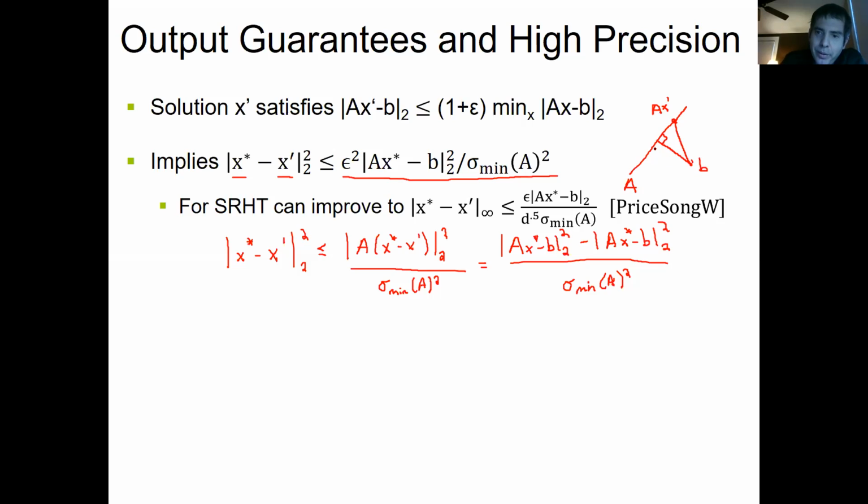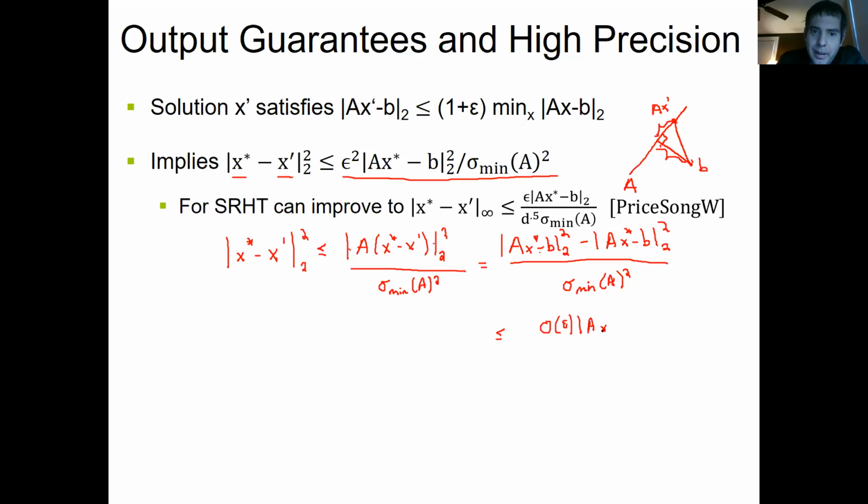Well, the best thing, by Pythagorean theorem, one way of computing this squared length is to first look at this squared length and add it to this squared length. Now, this is the distance of B to its projection onto A. That's this optimal cost. And then I have to add the square distance inside the subspace. That's this cost. Okay, so all I'm using is this Pythagorean theorem for the numerator. And now you just use the sketching guarantee that this difference, because of your objective function, gives you order epsilon